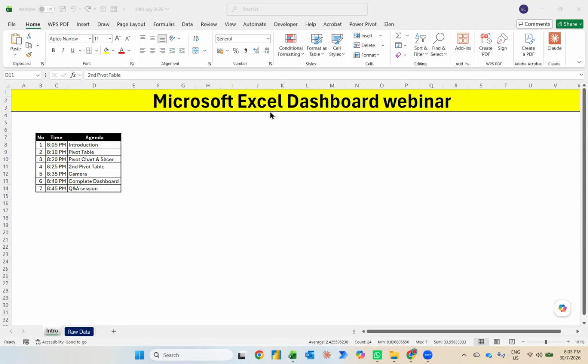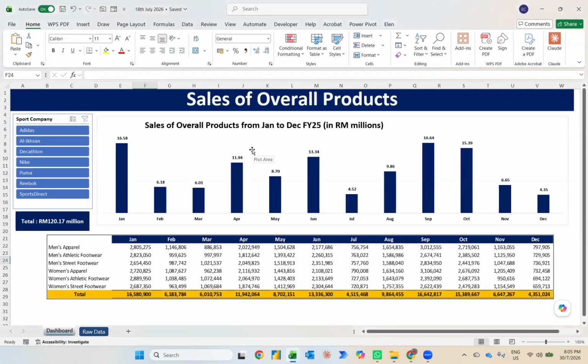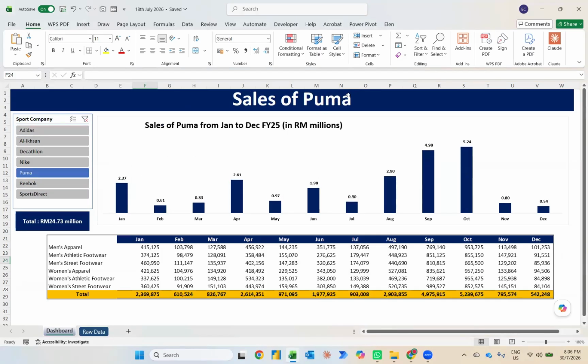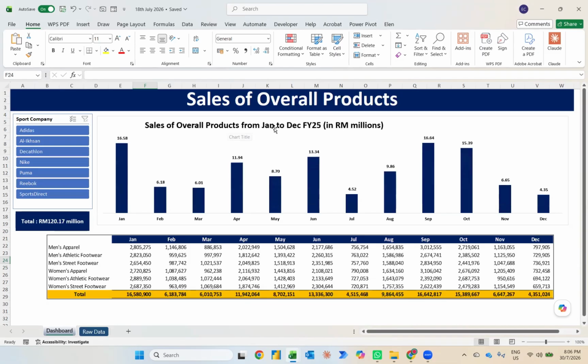So pada hari ini, kita akan belajar bagaimana kalau kita nak membinakan dashboard dalam Excel. So dashboard means a presentation, an interactive presentation. Maknanya, bila saya tekan pada slicer Adidas, anda akan lihat dia akan ada perubahan pada title dia, perubahan pada chart title, perubahan pada nombor, and also the number over here. So contohnya bila saya tekan pada Puma, over here you will notice there is some changes. And if I clear the selection kat sini ni, bila saya tekan clear filter, dia akan tukar kepada